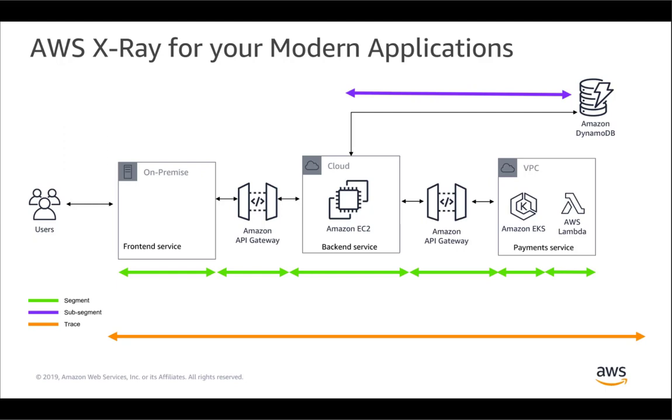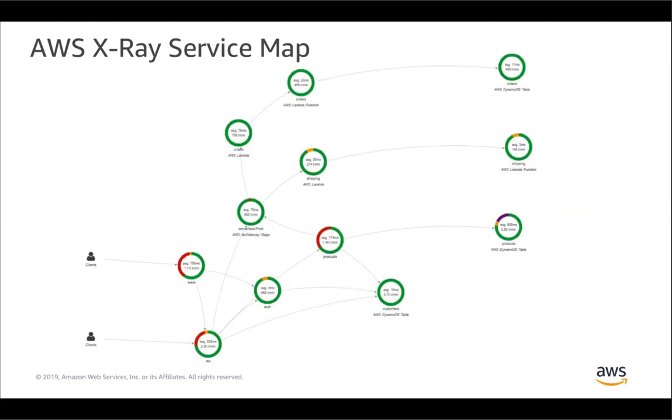And finally, the combination of all of this is what we refer to as a trace. So the trace is the end-to-end visualization, if you will, of a single, individual user request through your system. Now, as I mentioned, X-Ray takes the traces that are captured and aggregates them into a service map. So in this case, what we have here is